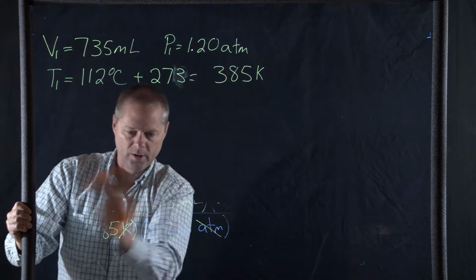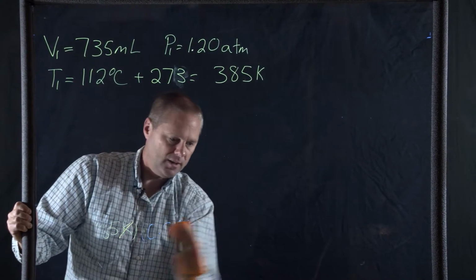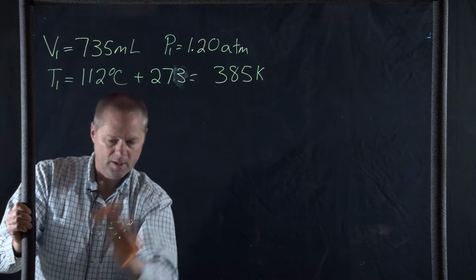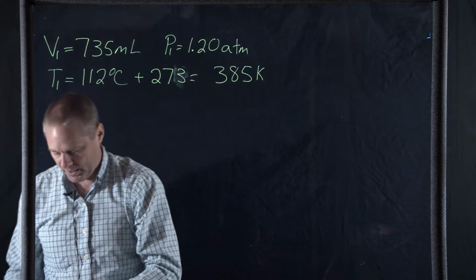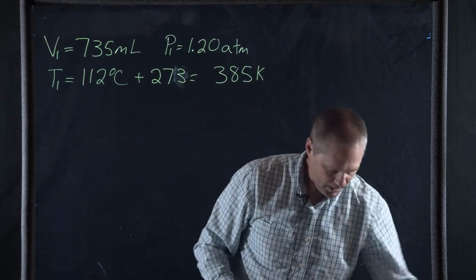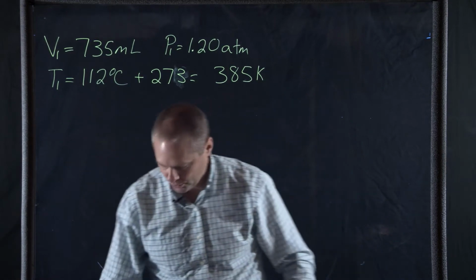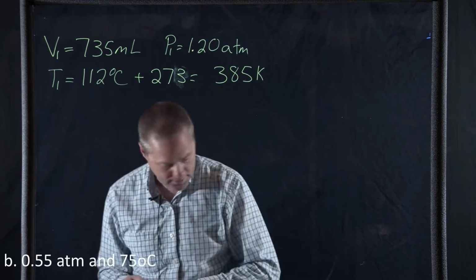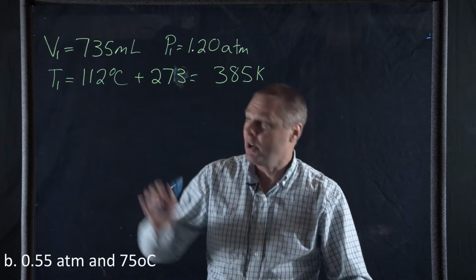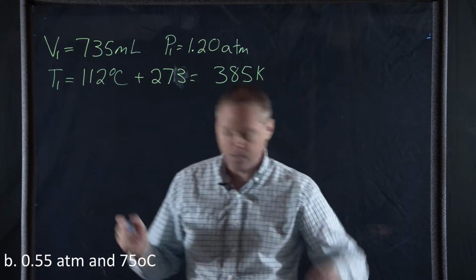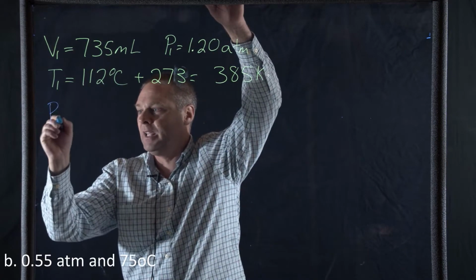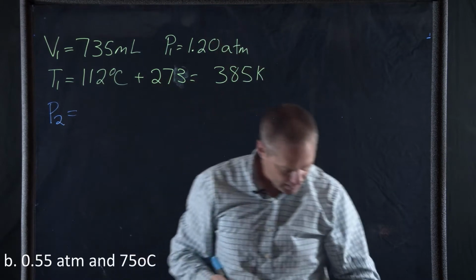Sorry, it's taking me a while to erase this. I think the hardest thing here is basically solving that equation, the very first equation. Now the second part, what we're going to do, I think I used blue for that. The second part is we're going to leave V1, T1, and P1 all the same. And now P2 is going to be equal to